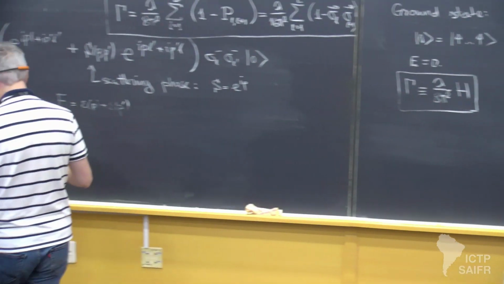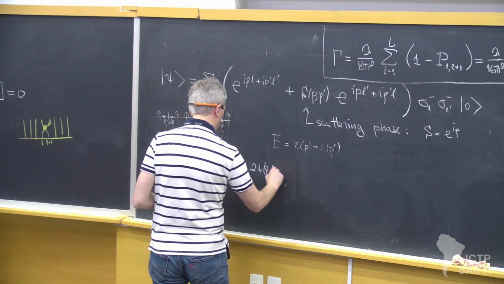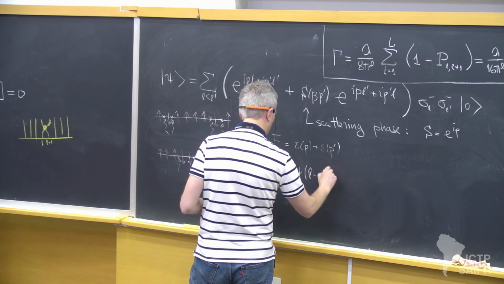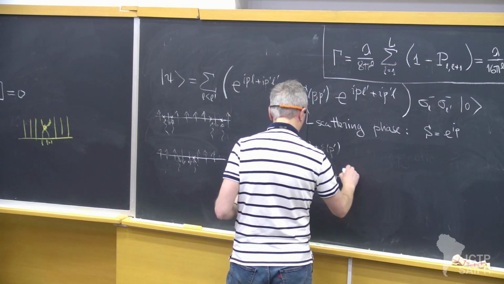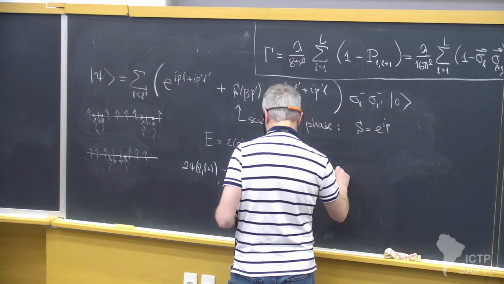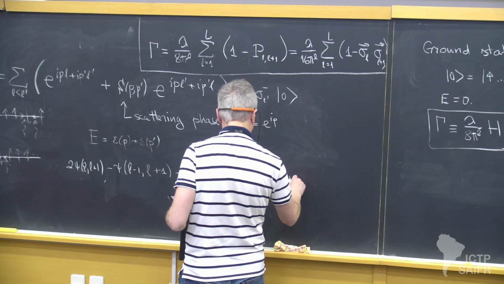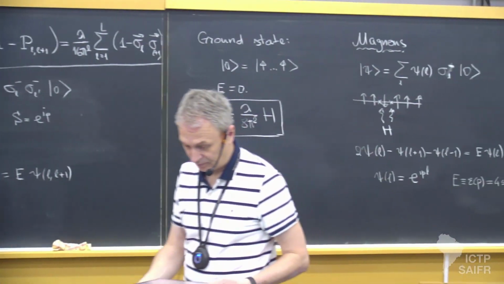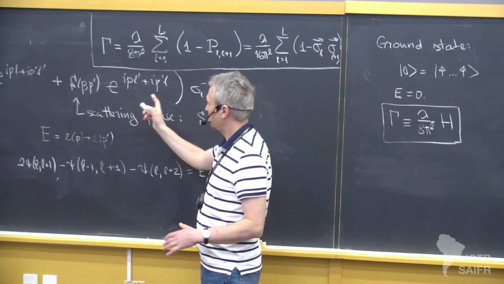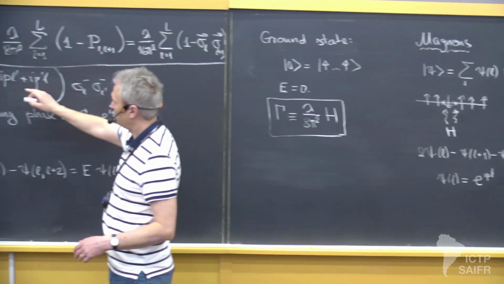So then what we get is 2 psi L plus 1 minus psi L minus 1 L plus 1 minus psi L plus 2 should be equal to E psi L L plus 1. Where psi is just, well, what stands in front of the sigma matrices. So you substitute this expression here,